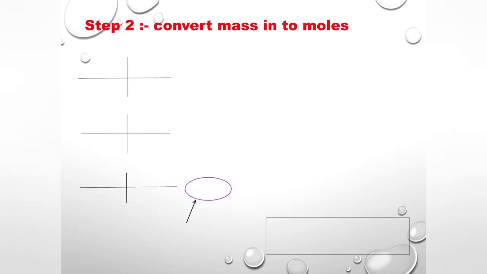Step number 2 is to convert our mass into moles. What do we get in moles? The mass is there, and we simply divide by the molar mass of the element. Our example contains 60 grams of carbon. Now we have to divide the 60 grams of carbon by the molar mass of carbon. For that we divide 60 by 12.01 grams of carbon, which is the molar mass of carbon. Then we get the number of moles: 5 moles of carbon.